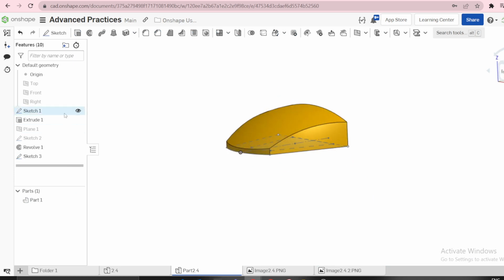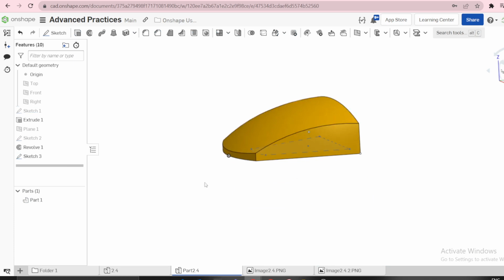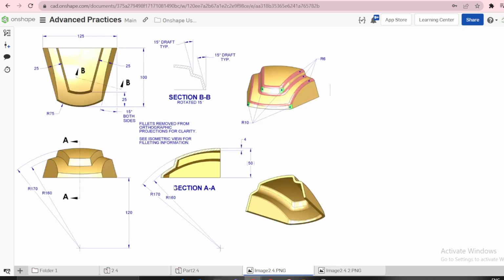There are so many ways, about 3 ways or 4 ways of creating that top section. One is, if you go back to this image, you can see this is 160, this one is 170. Okay, you can see from this point to this point is 50, but this 50 is a driven dimension. You can see it has some brackets. You don't use this, just use 120. This one is just a guideline. From this curve to this have a 10. Therefore, I can